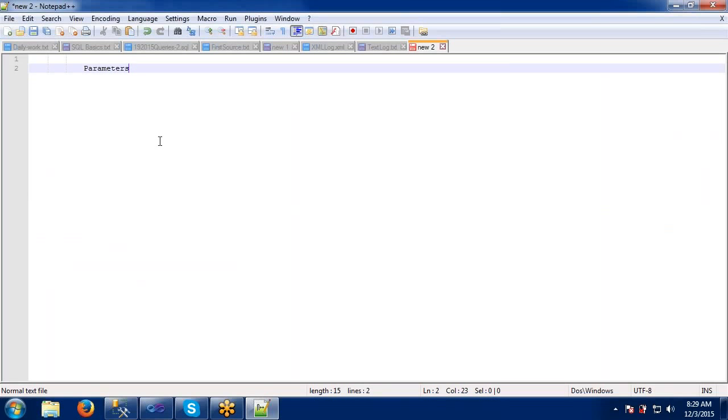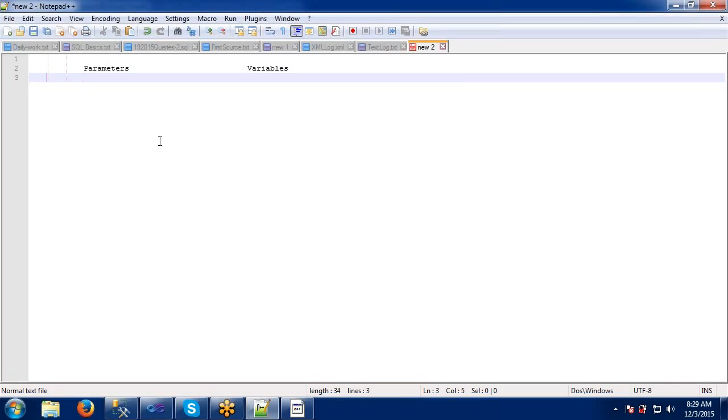Parameters and variables. The parameter concept was introduced in 2012 only. This is the version where the parameter concept came into the picture.